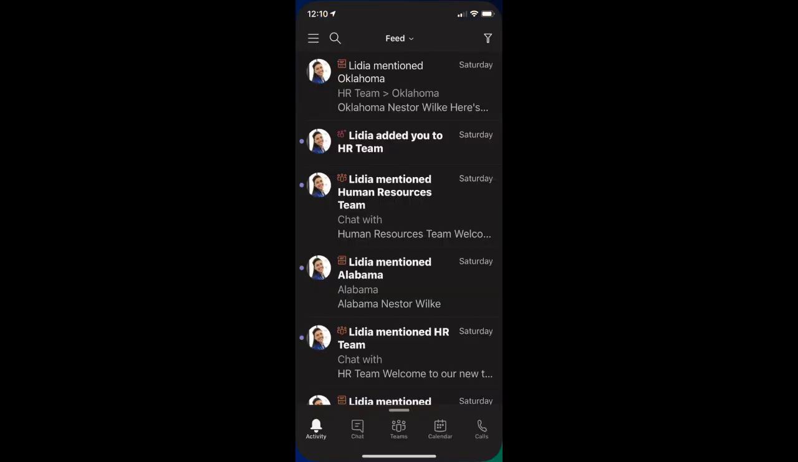I'm kind of partial to the dark theme. You may have this set as the standard light theme, but I like the way the dark theme looks, at least for my eyesight. But again, for those of you that are familiar with Teams, really, by and large, the majority of